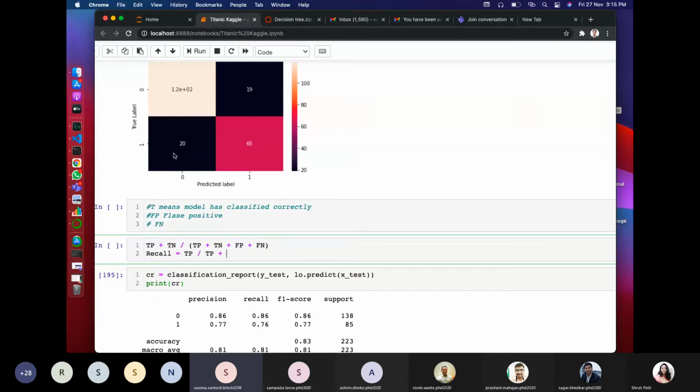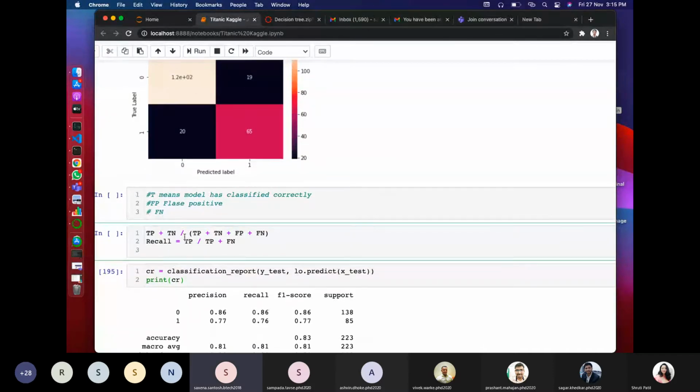False negative is the actual value which is positive, but the machine has misclassified it as negative. So with respect to this, recall is calculated, and the opposite to it is sensitivity or specificity.